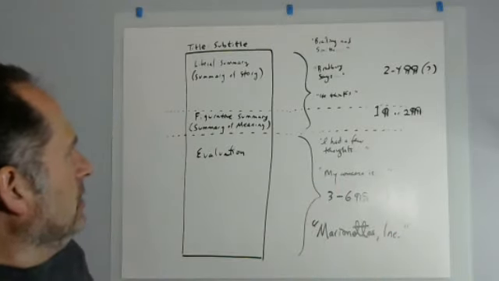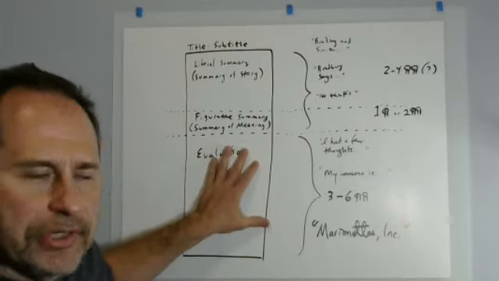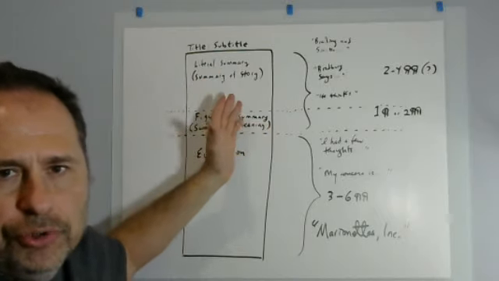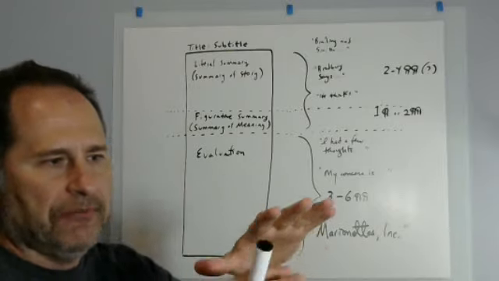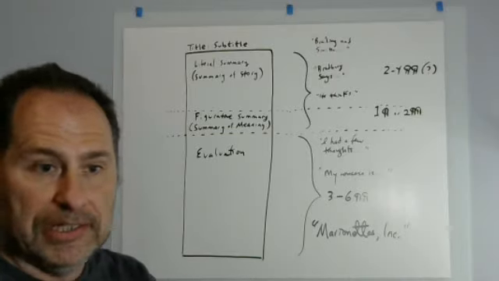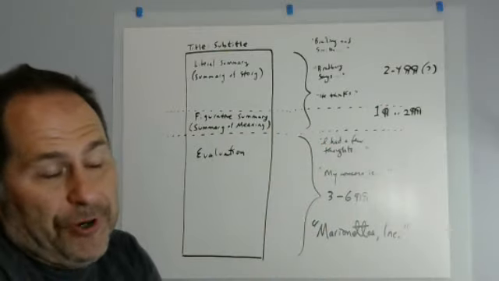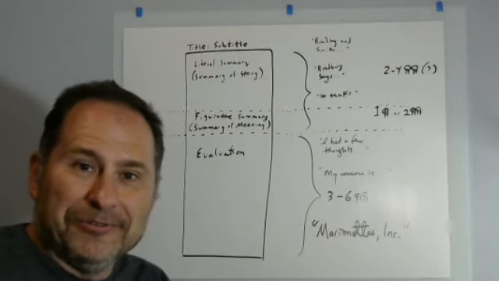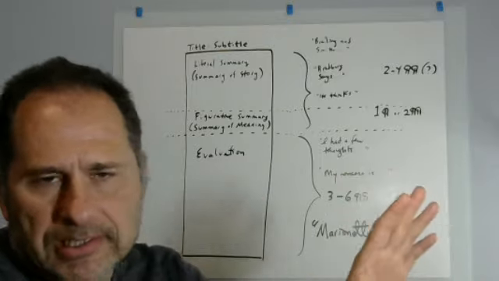Okay, now let's talk a little bit. Oh, by the way, the evaluation. I was saying in the summary, both the literal and the figurative, that's where you can keep your opinions out of it, right? You're just trying to represent what Bradbury was saying first in the story, and then what you think his message was. And you have to imagine that he's actually sitting there listening to you, and then at the end of your summaries, you could turn to him and say, Bradbury, did I get this right? Is that what you were saying? And he should be able to say, yeah, that's basically what I was saying. So it's all about what he was thinking, what he was trying to write, what he was trying to say. It's not your opinion yet.